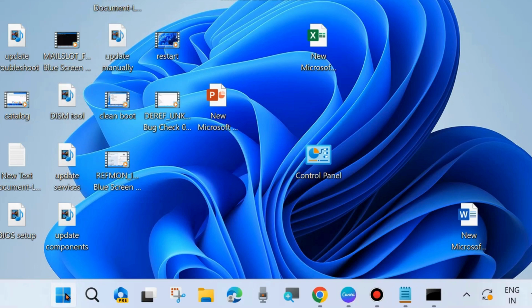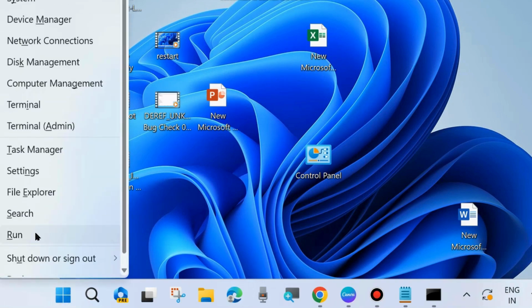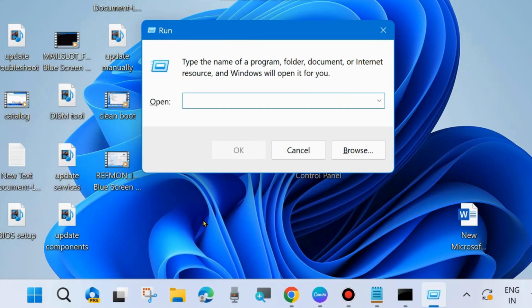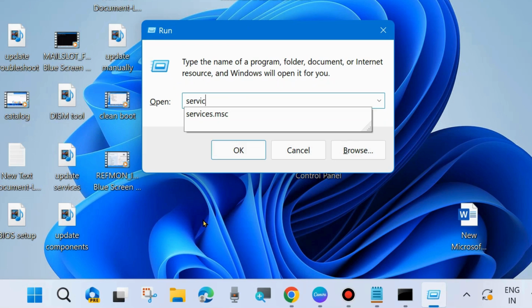The second one is again go to run command box, right click on start button and choose run. Here type services.msc to open services windows in your system. Click on OK